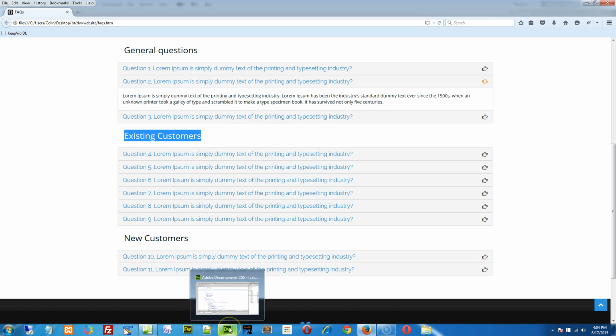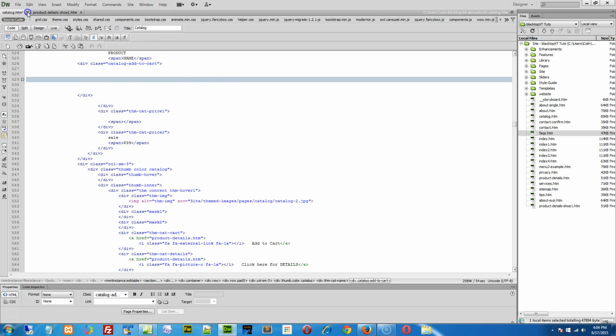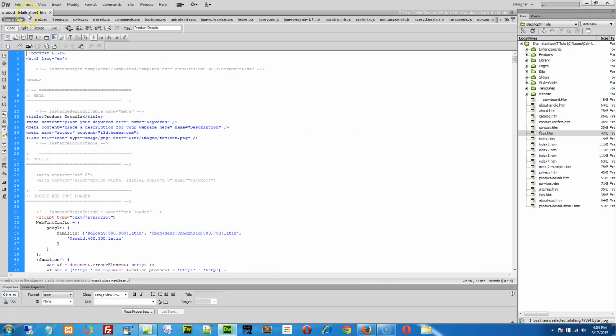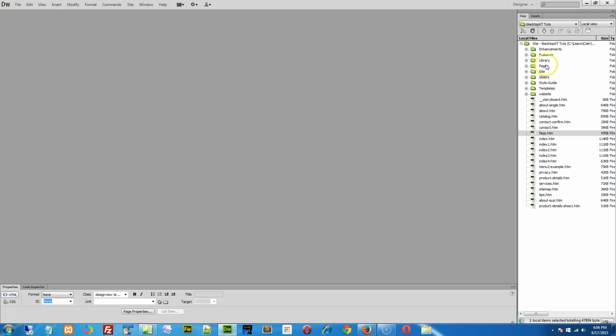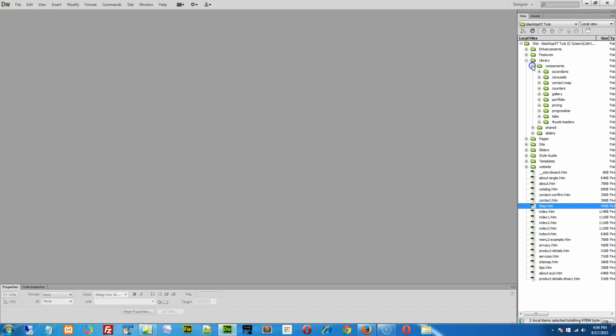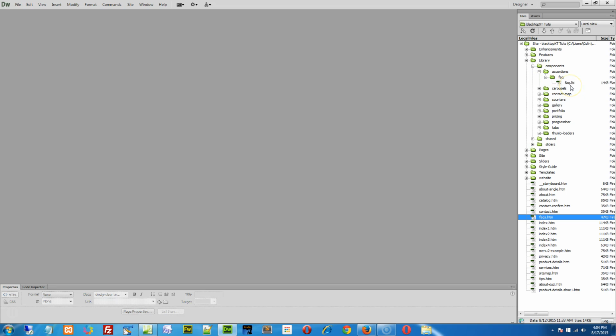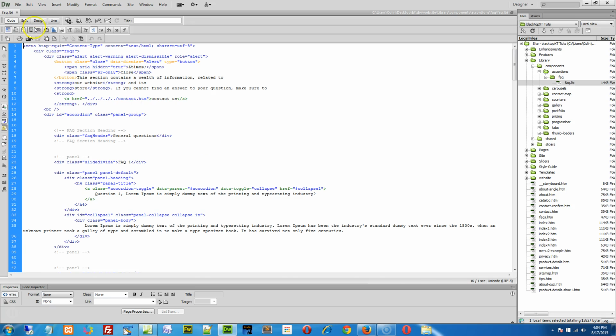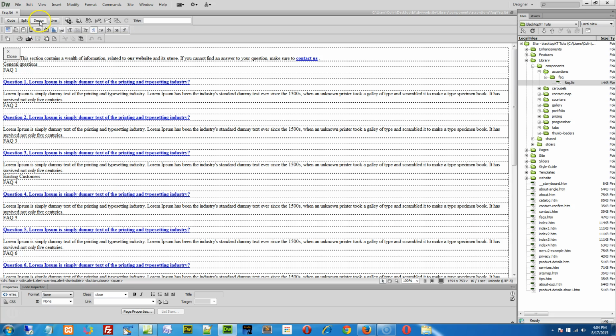Well, let's jump into Dreamweaver, and we'll go and open up that page. Let me just close down what I had open here previously. And we'll go to the library and the components and the accordions folder. And right now, the only one we have in there is the faq.lbi. So when it comes to working with an accordion, we'll just flip this into the design window for a sec,